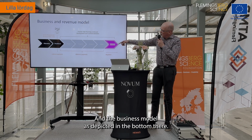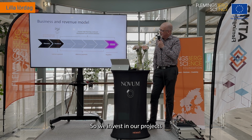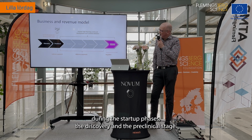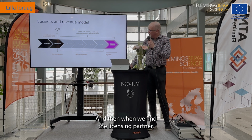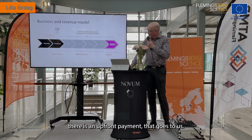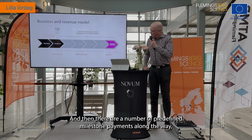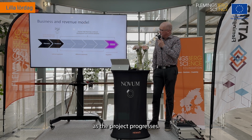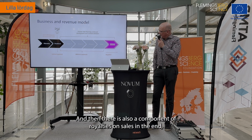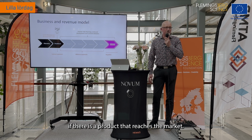And the business model is depicted in the bottom there. So we invest in our projects during the startup phases, the discovery and the preclinical stage. And then when we find a licensing partner, there is an upfront payment that goes to us. And then there are a number of predefined milestone payments along the way as the project progresses. And then there is also a component of royalties on sales in the end if there is a product that